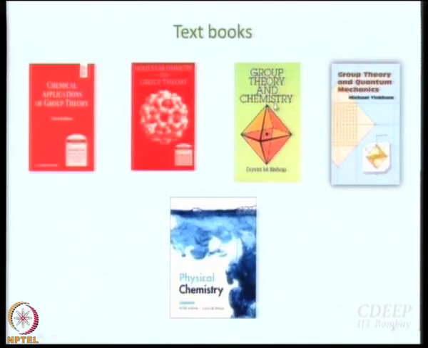And by the way, I am going to share the slides with you on Moodle, okay. And then we are going to use Bishop's book as well. A little bit of Tinkham, not too much. Tinkham is a significantly higher level, much more mathematical book. And then in any physical chemistry course, no matter what you study, you can always fall back on Atkins for something or the other. So, from time to time, we will also fall back upon Atkins. Atkins actually has good examples.